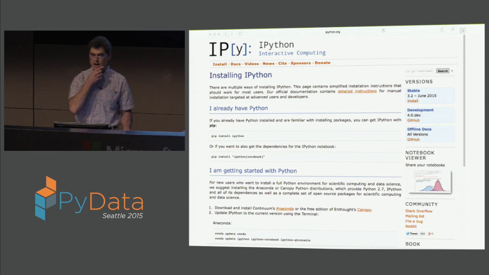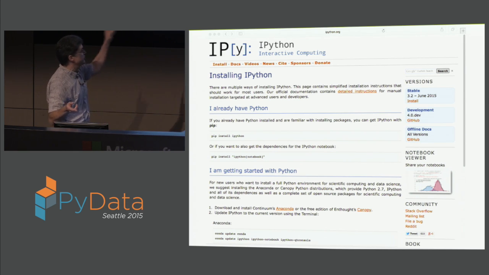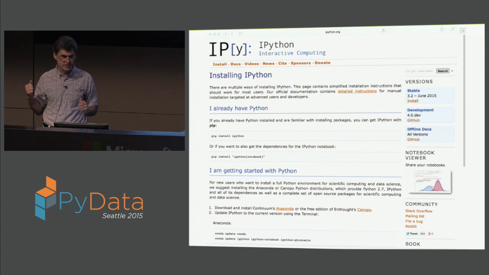Okay, so if you go to the IPython site, you'll see the best way to do it. How many people here don't have Python installed yet? Okay, so I've actually got Python on these USB drives as well. So you can also download it. Just go to python.org and